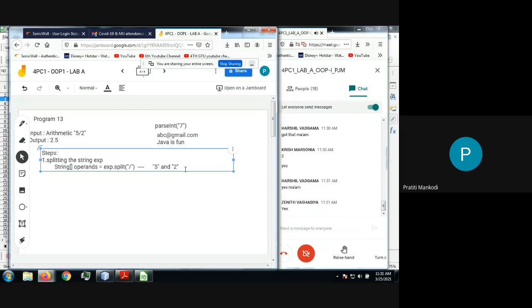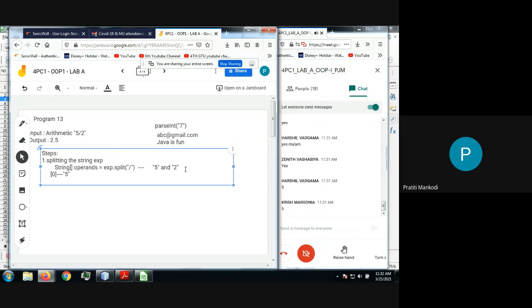So what will my 0 index have? Correct. It will have 5. And similarly, your first index will have 2. Agreed? Right. Now I have 5 and 2 with me. What should be the next step?